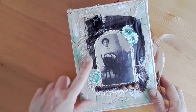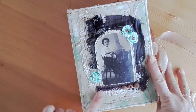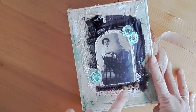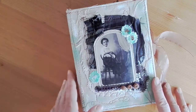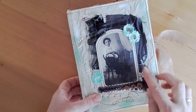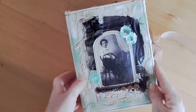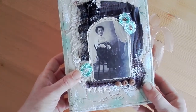And here is a collage of various fabrics and laces, vintage laces. I added some pom-pom here, and there are beads that I've sewn on. And this image, I actually just cut into this shape. It was like a normal photograph, because it is a true vintage image of this